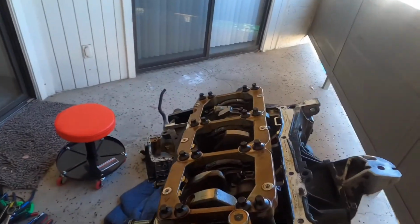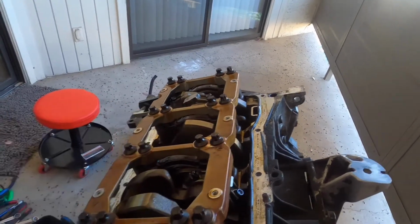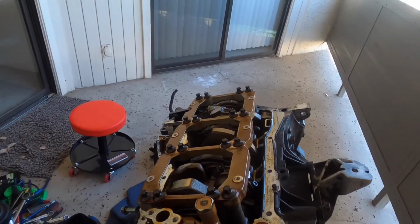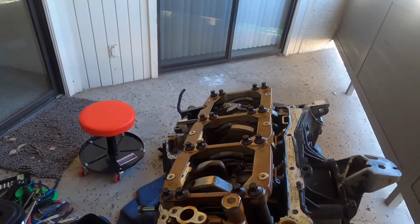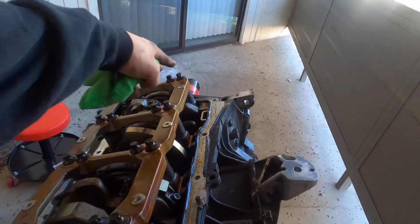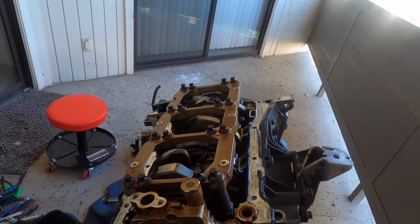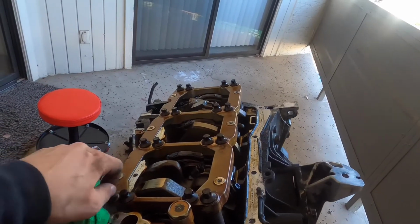Alright, so I got these loose. They were a pain. I had to use a breaker bar, and it wasn't an E12, it's an E14. So there's 2, 4, 6, 8, 10, 12, 14, 16 bolts. So good luck. But now I'm gonna end up taking these out, and then we'll get down to the actual